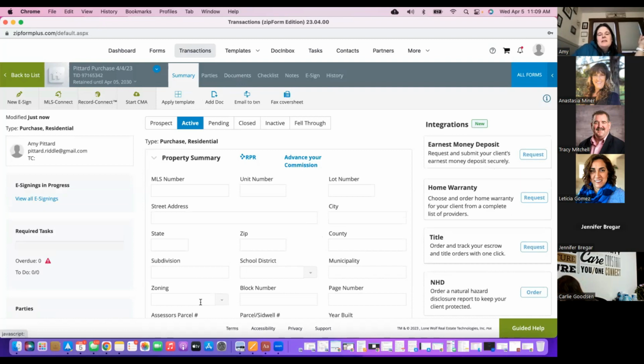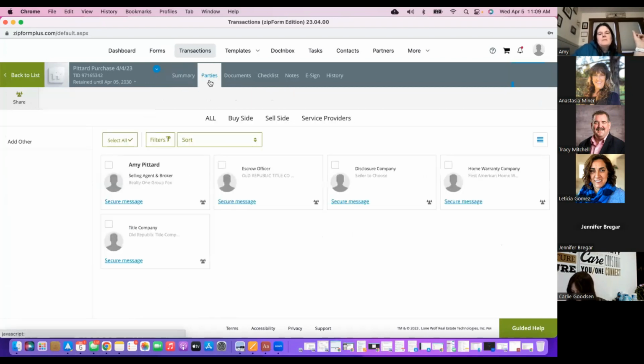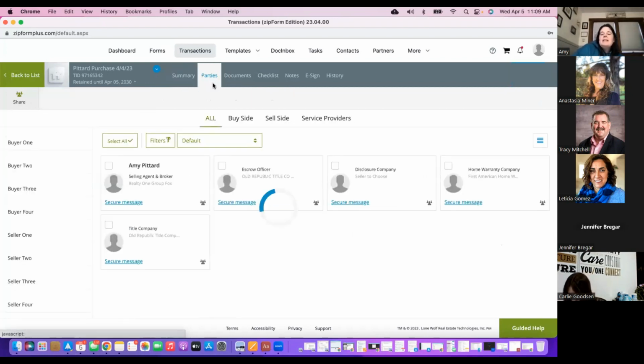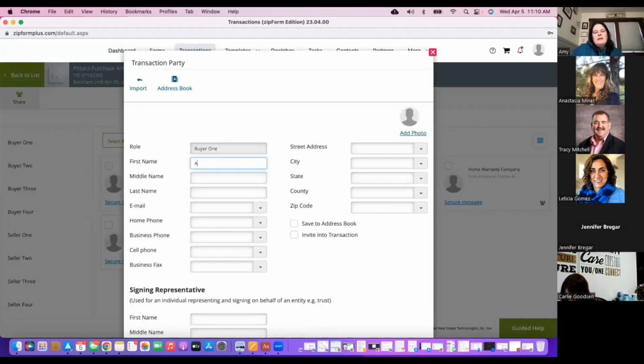Again, I'm not going to fill in any information there. I am going to go to the parties tab. So now we're on the gray tab line, and I just clicked on parties. Here's where you would want to add in your buyers' names and their emails. So if you just had one buyer, we could plug in their name there. I'm just going to use mine and